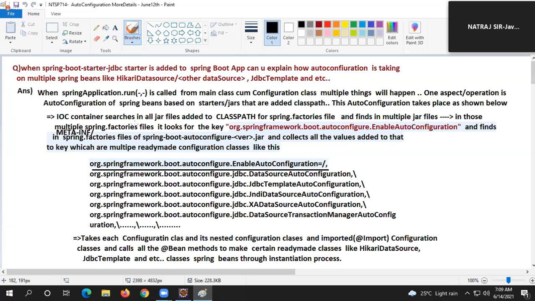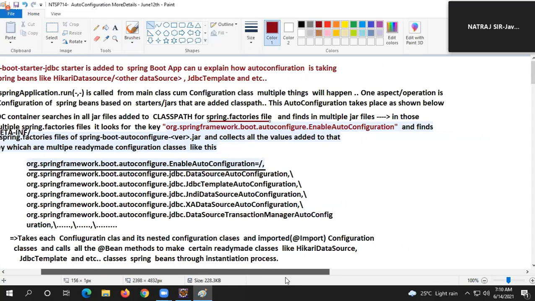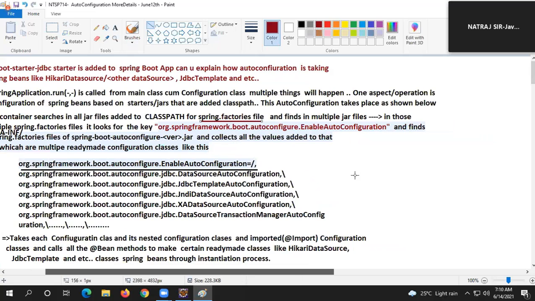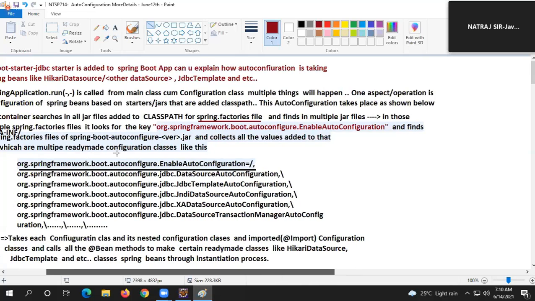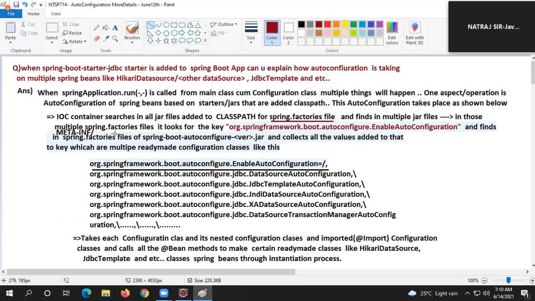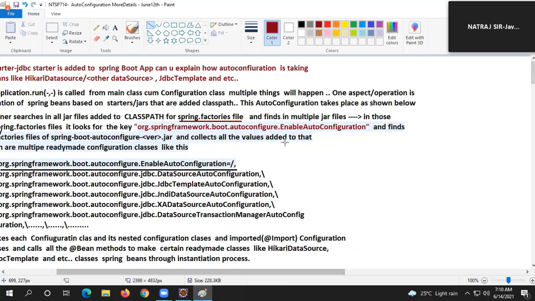The IOC container searches all jar files added to classpath for what? The spring.factories file. Here is my spring.factories file, and it finds it in multiple jar files. In those spring.factories files, it looks for a key, the EnableAutoConfiguration key, and finds